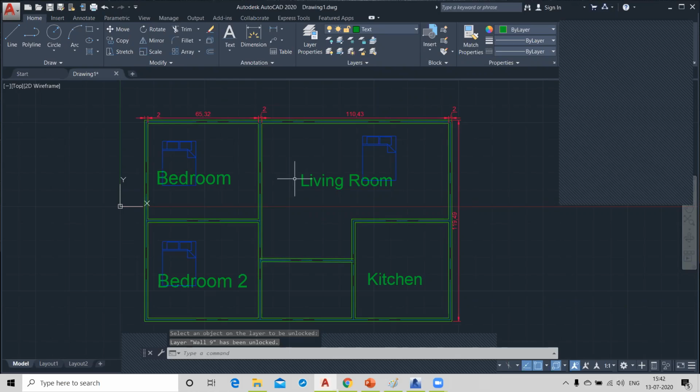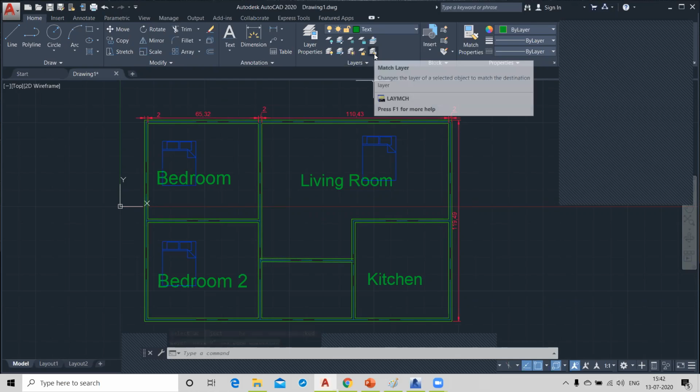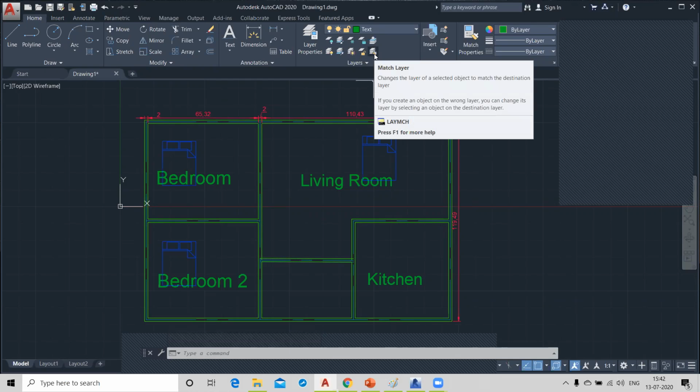This is the match layer. I told you earlier also. You can match the layer of any two objects.